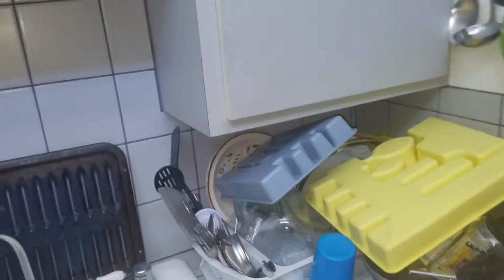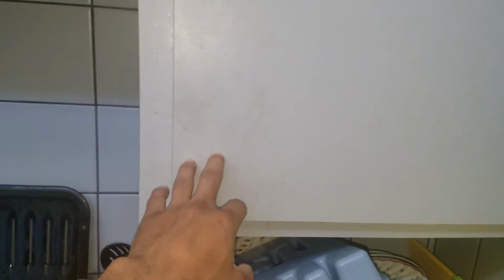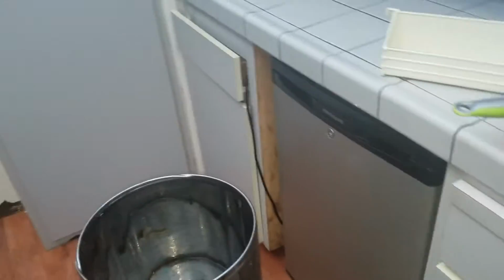Like I said, I did round one. And like I said, this is what I mean. This cabinet wasn't done, but see the grease from fingerprints, cooking, and then you get your fingerprints and open and get stuff, and then, you know what I mean? This needs to be done. But I'm glad that I got the lower cabinets right now. And I'm going to try and keep this clean and